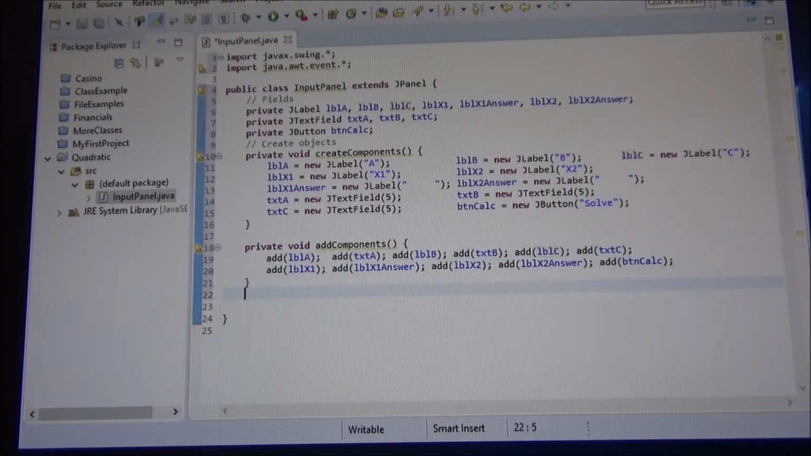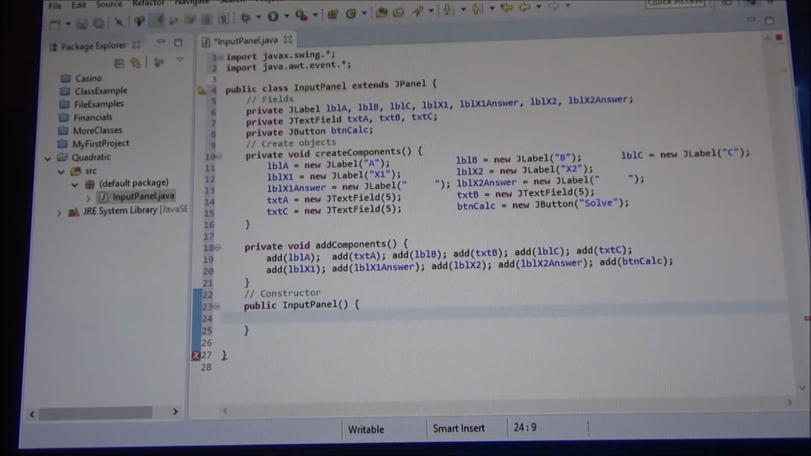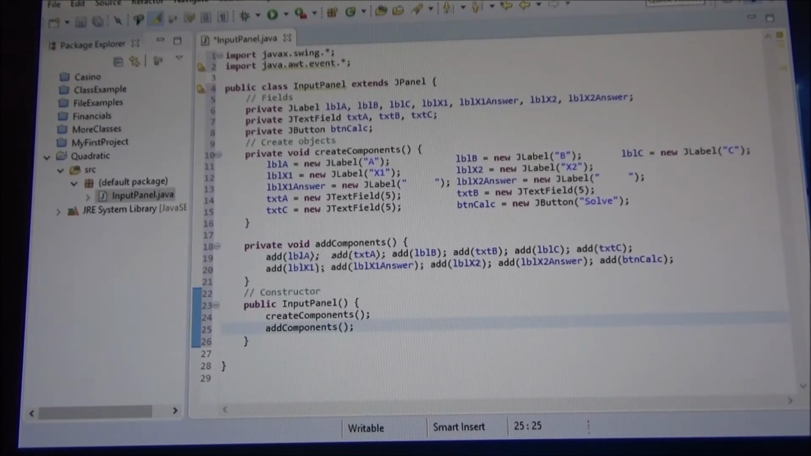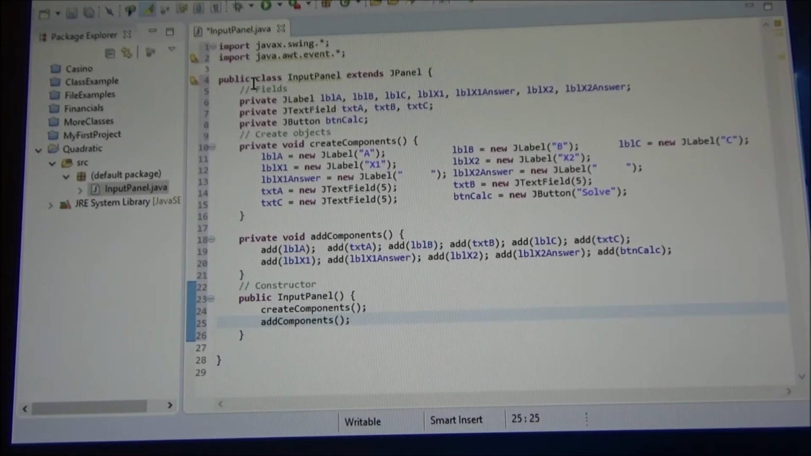And then we have the constructor, right? The constructor is simply the same as a method with the name of the class, and we call these two methods we create. Alright, so the next one we had